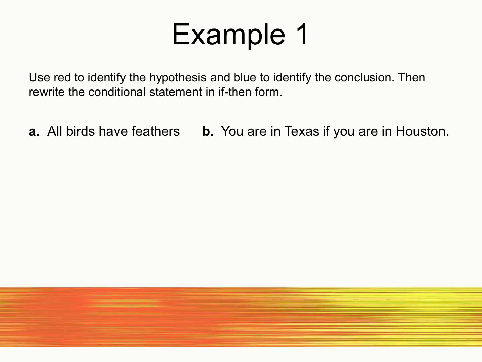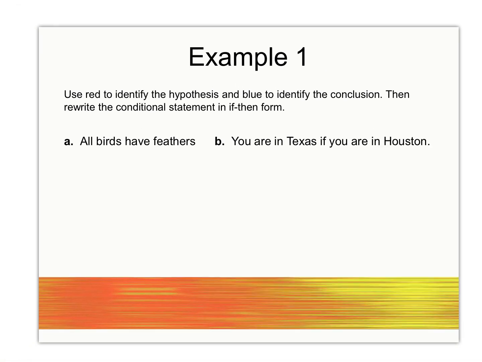So now let's do some problems and actually put it into play. And the more you do, the more you'll kind of get used to these, okay? Use red to identify the hypothesis, and use blue to identify the conclusion, okay? Then write the conditional statement in if-then form. So all birds have feathers, okay? So again, now we got to switch this into a hypothesis and a conclusion and an if-then, right? So I would say if it is a bird, then it has feathers,